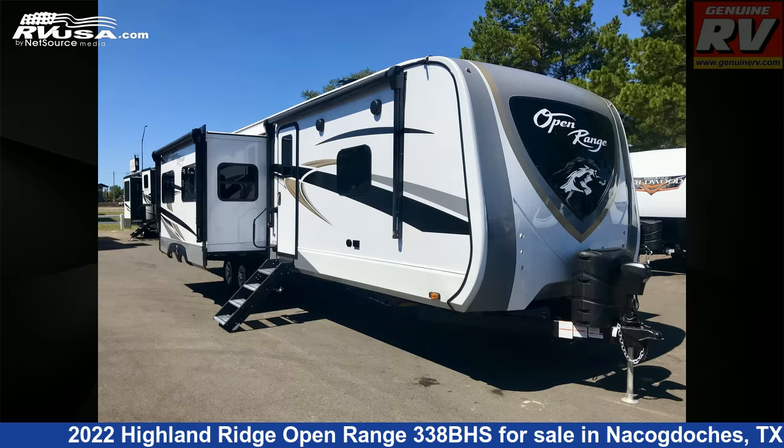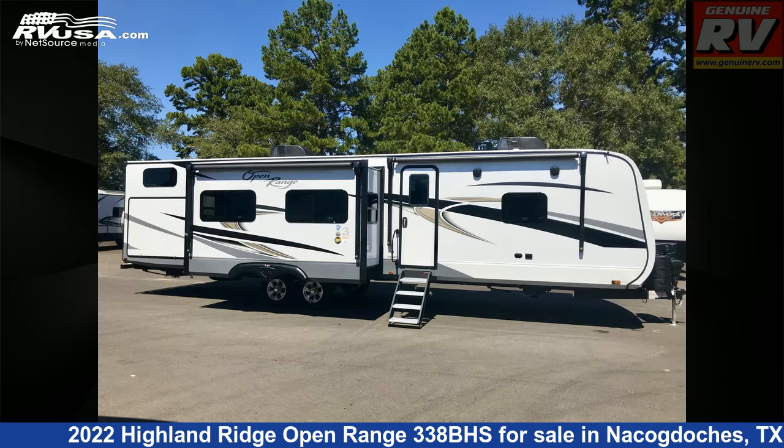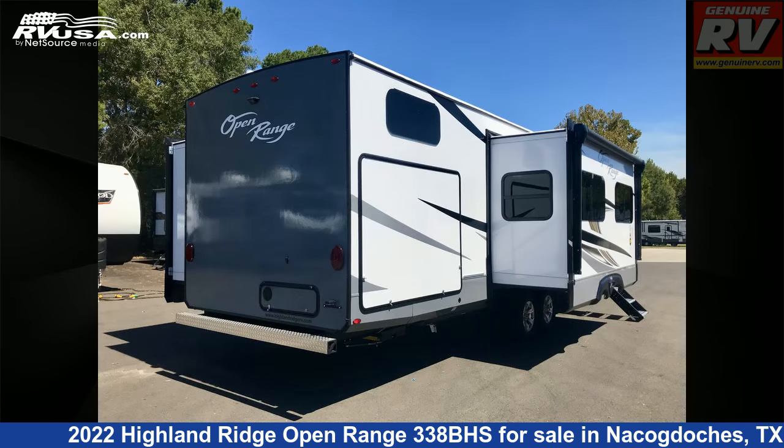This 2022 Highland Ridge Open Range 338 BHS is a travel trailer RV. It is located in Nacogdoches, Texas, 75964 and is offered for sale by Genuine RV Store. This new Highland Ridge is 39 feet 10 inches in length and features 4 slideouts, a boardwalk interior, sleeps 9,